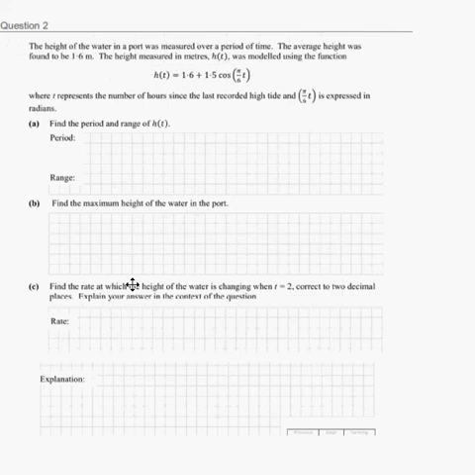The height of water in a pot was measured over a period of time. The average height was found to be 1.6 meters. The height, measured in meters, was modeled using the function h of t equals 1.6 plus 1.5 cos of pi over 6 t, where t represents the number of hours since the last recorded high tide, and pi over 6 t is expressed in radians. Find the period and height of h of t. Alright, so